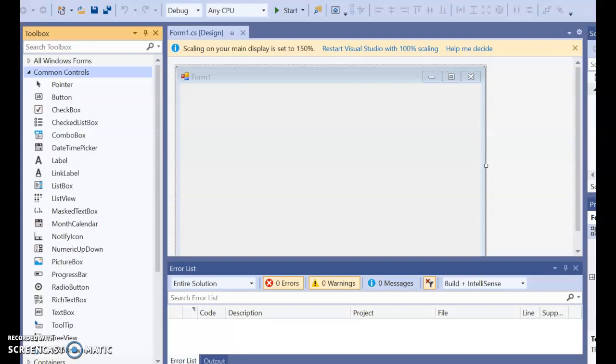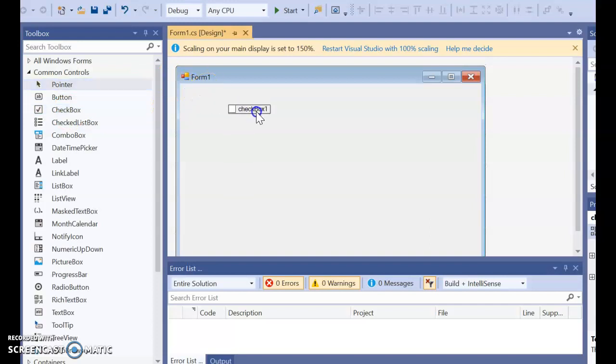I'd like to take a look on page 249 at the checkbox example. So we'll go with the checkbox here, and we'll get how many checkboxes? We need 3 checkboxes. Checkbox 2, checkbox 3. The one reason I wanted to do the checkbox example is it's different in the radio button in